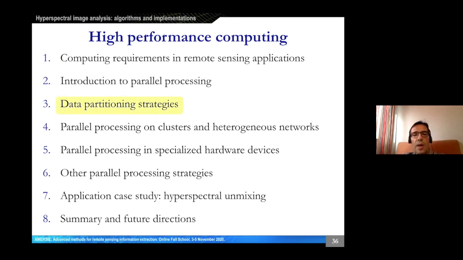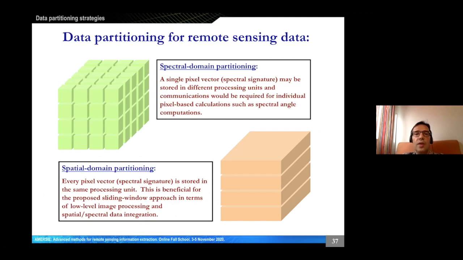So how does this apply to hyperspectral imaging? There are two kinds of partitioning that we can apply for remote sensing data. One possibility is to perform spectral domain partitioning. That means that a single spectral signature, a single pixel vector, may be stored in different processing units. And in this case, I don't think it's a very good idea to do this kind of partitioning because each